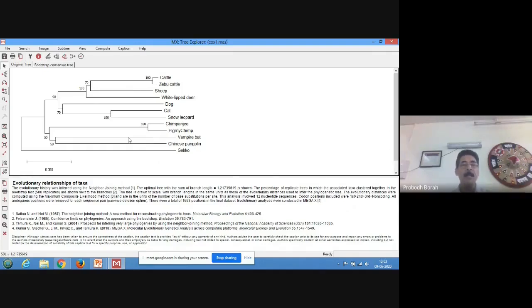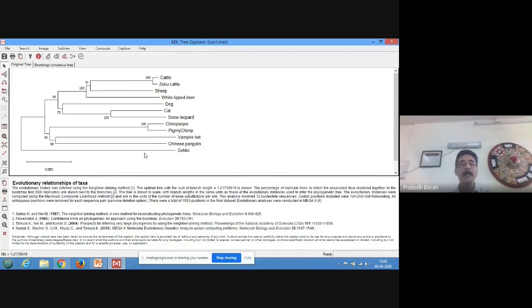After sequence alignment, the distance scores were determined, and they are represented by the branch length. The greater the distance score, the longer the branch length, as we discussed in the last class. And these distance scores are determined based on the mutations occurring in different sequences at different positions.